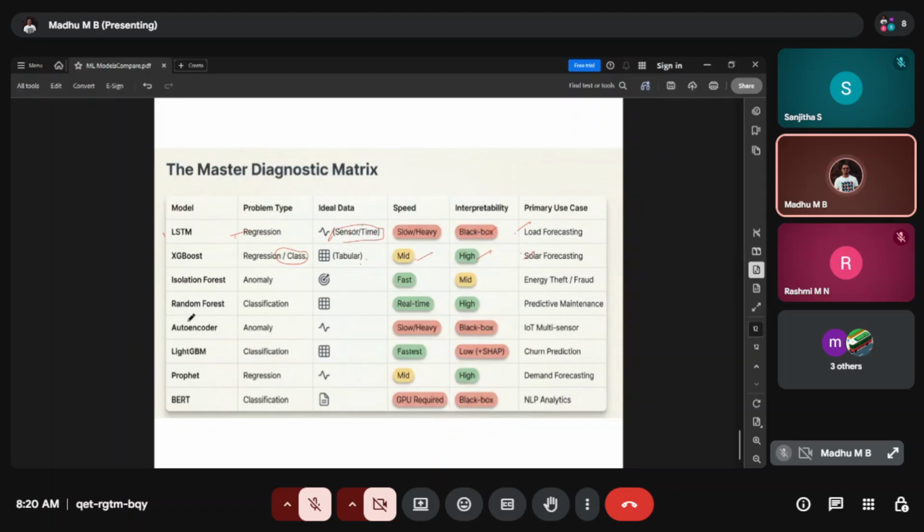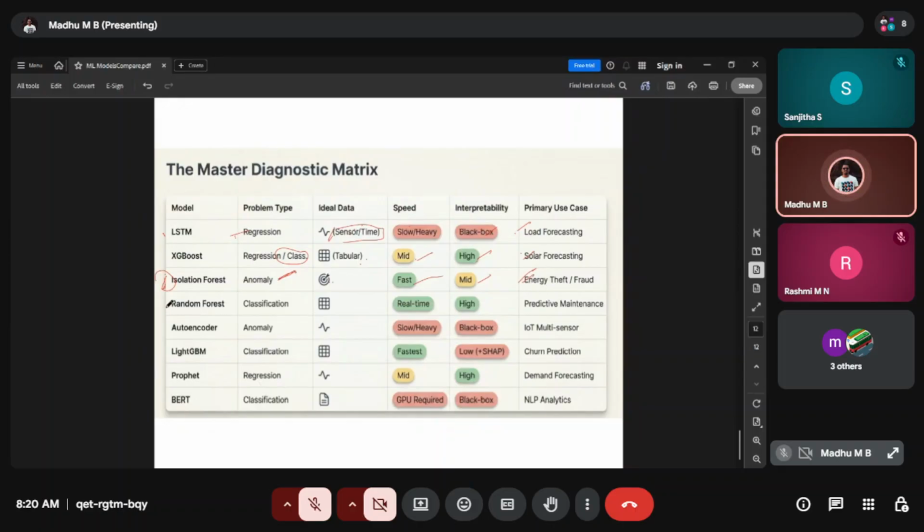The third one is isolation forest, specifically for anomaly detection on time series data. It is faster, and interpretability is mid. It is used for energy theft and fraud.